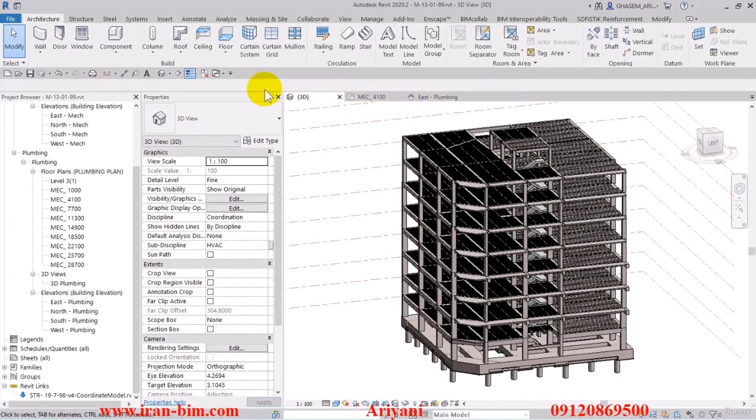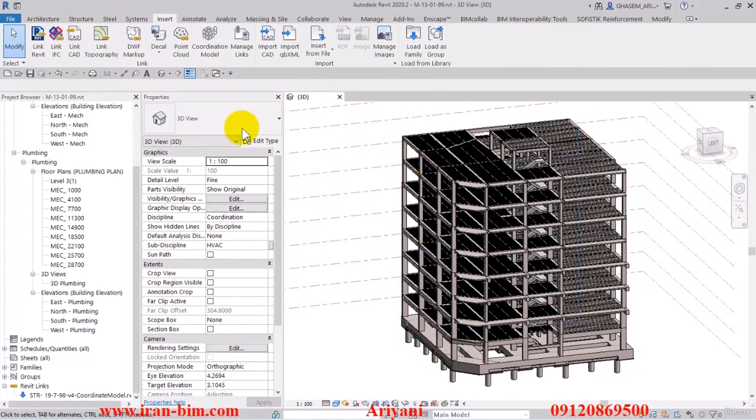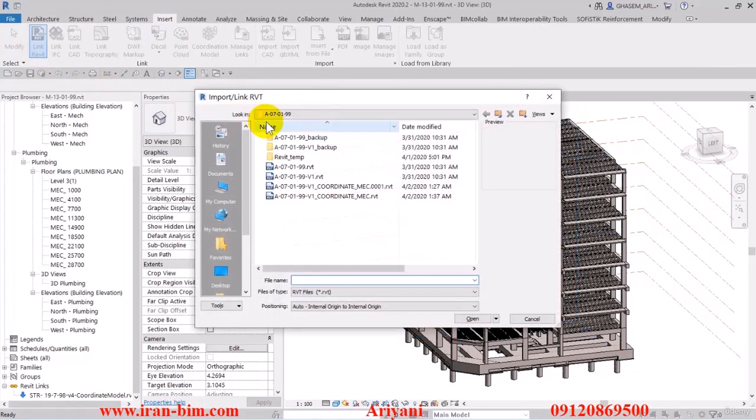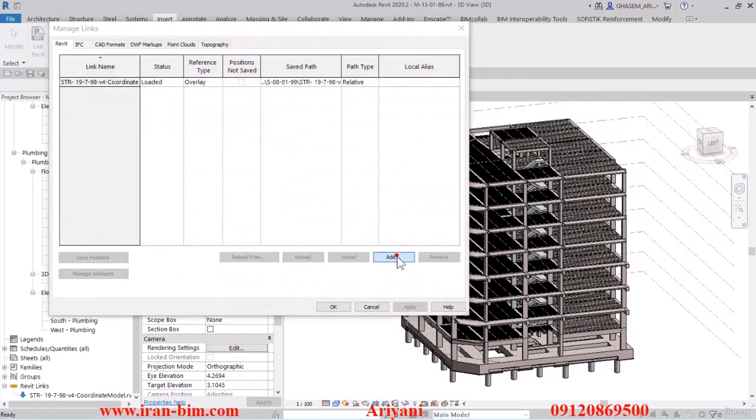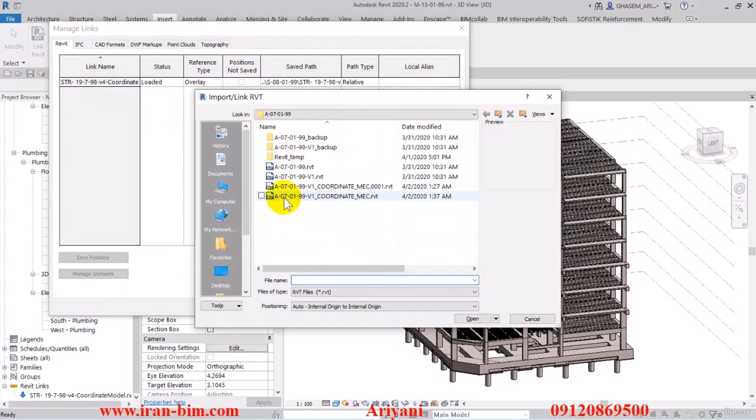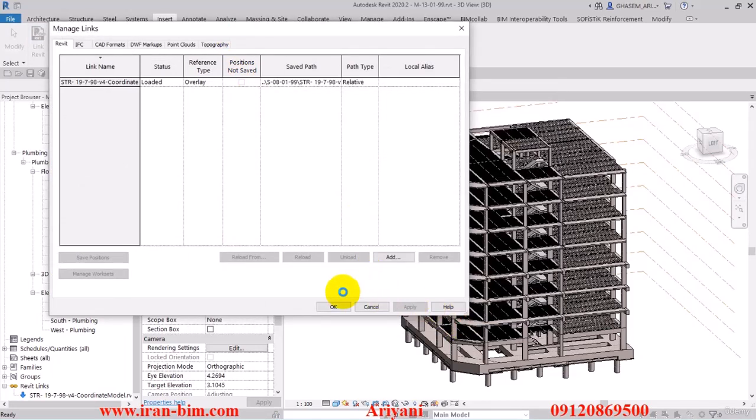Alright, and then after I'm done with that, I'll close the plan and then go over to the Insert tab where we are currently in the mechanical file, and then I'll select the Link Revit option, or we can use the Manage Links tool. Either way, open this up and then select Add. Now here we can select the mechanical file and load it up,